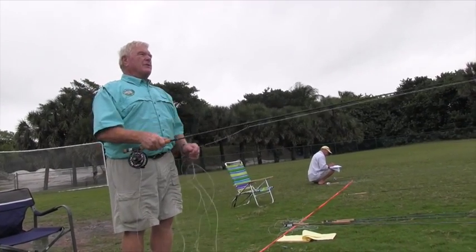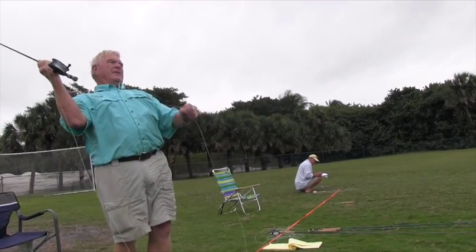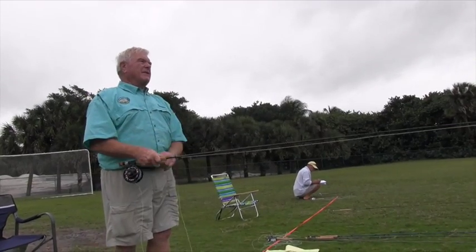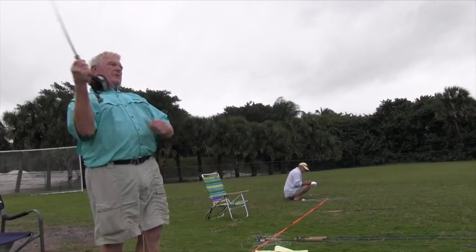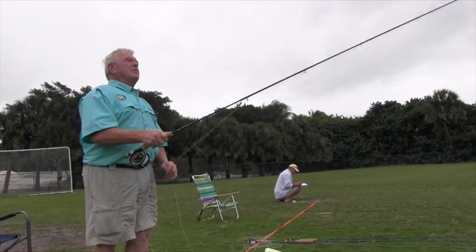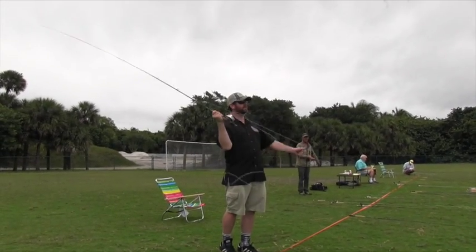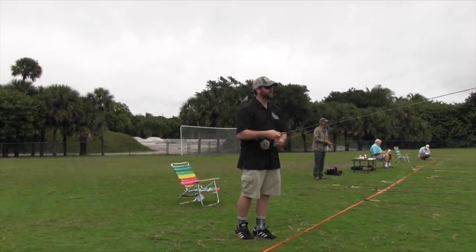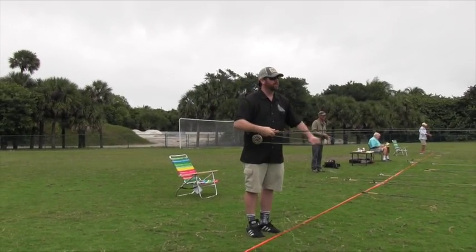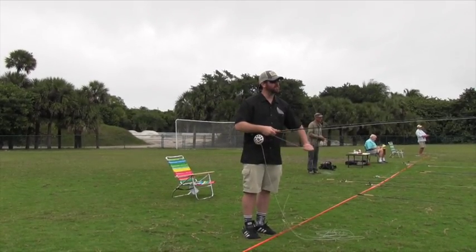That 8-weight is a nice rod. I mean, it casts good. I thought that was good for the money. That was, at the time, I'm not sure, I haven't cast all of them, but I think that might be the inexpensive winner. Yeah, I think this is the inexpensive king, just like it was in the 5-weight. This thing casts good. I mean, it just drills them in there. The NRX, I would buy this rod all day long. A lot of people do, don't they? I mean, those two rods, really, if you're not getting one of those, to my thinking, you might as well get one of the best inexpensive, like, unless...